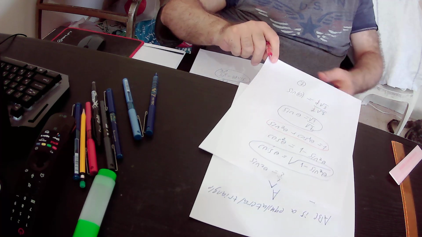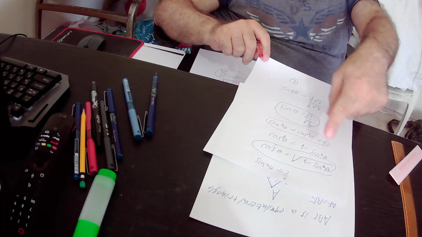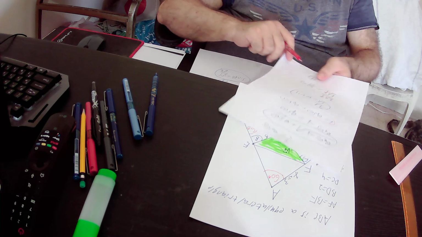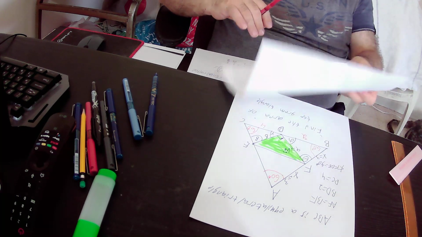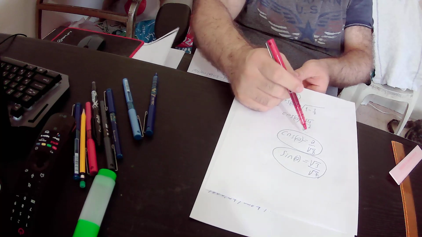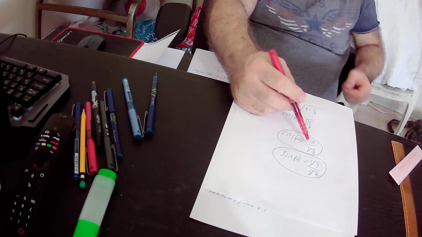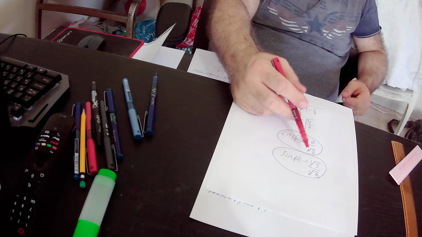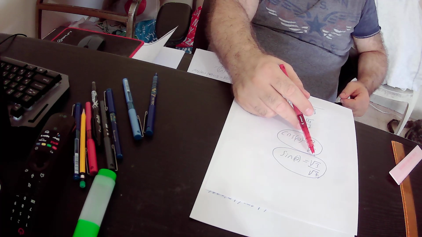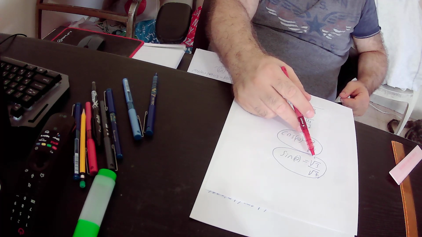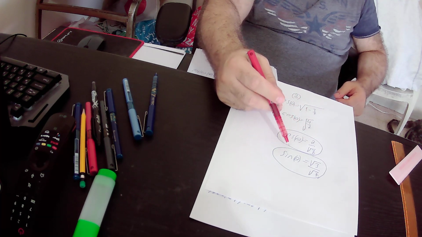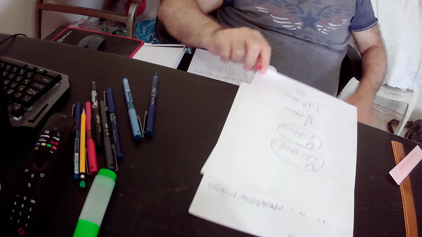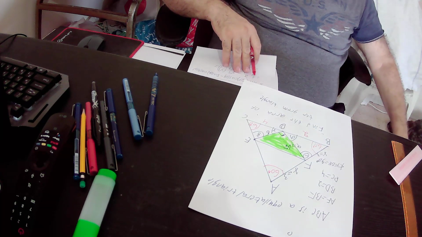And we substituted, and we got that the value of cosine theta equals 2 over root 7, while the value of sine theta equals the root of 3 over root 7. So we know the value of cosine theta and sine theta,